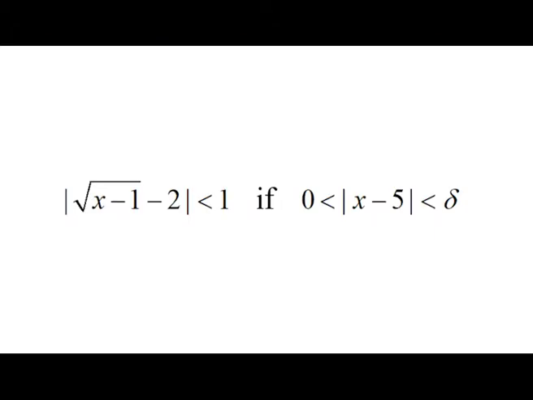Here we have to find a delta greater than 0 such that the absolute value of square root of x minus 1, minus 2, is less than 1 if 0 is less than the absolute value of x minus 5, which is less than delta. Step 1, we solve the inequality absolute value of square root of x minus 1 minus 2 less than 1